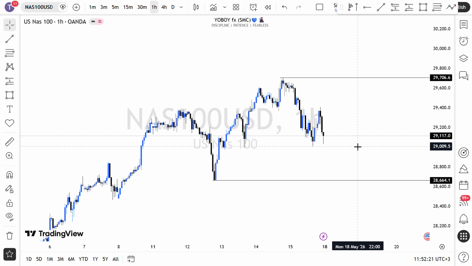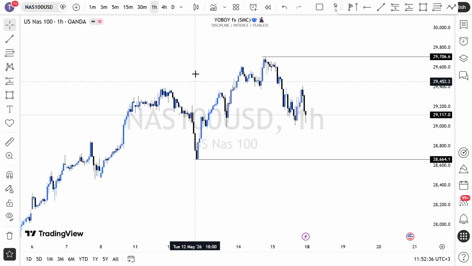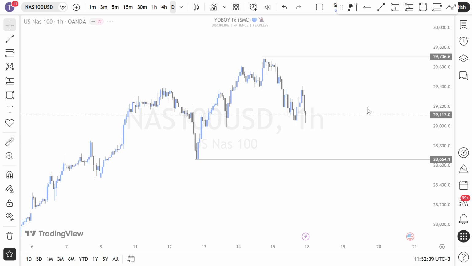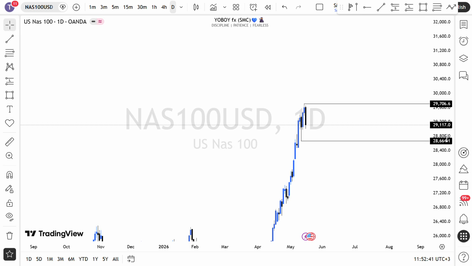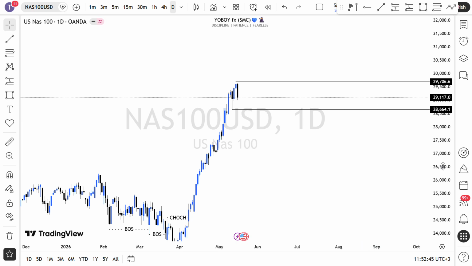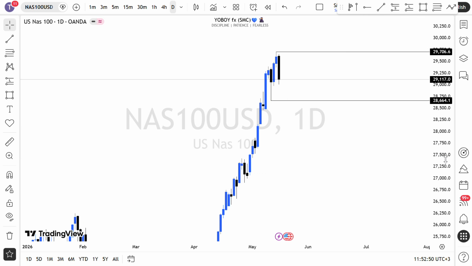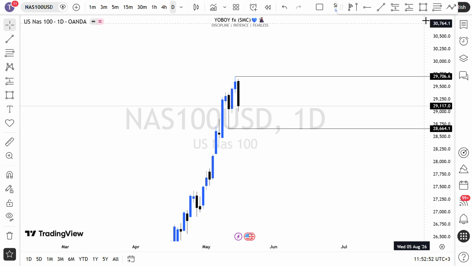So I'm back once again to have an analysis with you guys, and my first pair today is NAS 100. On NAS 100 we are still bullish to the upside, and I still expect more buys on NAS 100 to the upside. If I come into the daily time frame, we'll see very well that we are in a very bullish movement to the upside, and we still expect price to be pushing higher. Last week price tapped into this area and we had a very good reaction.